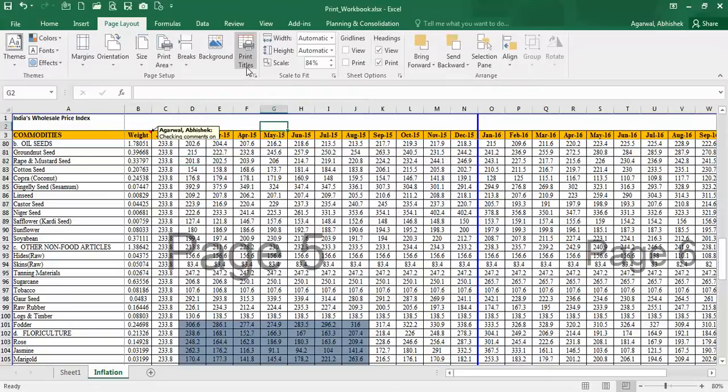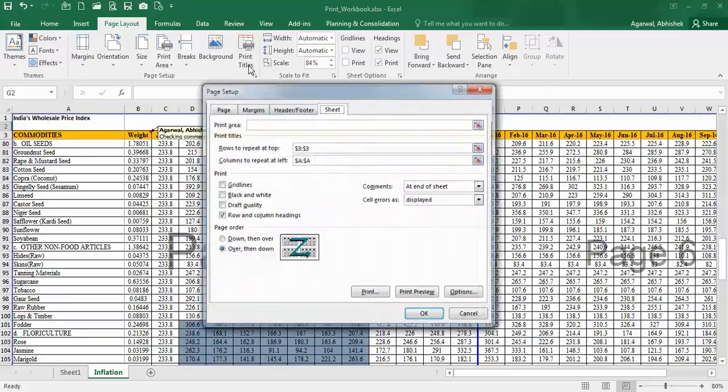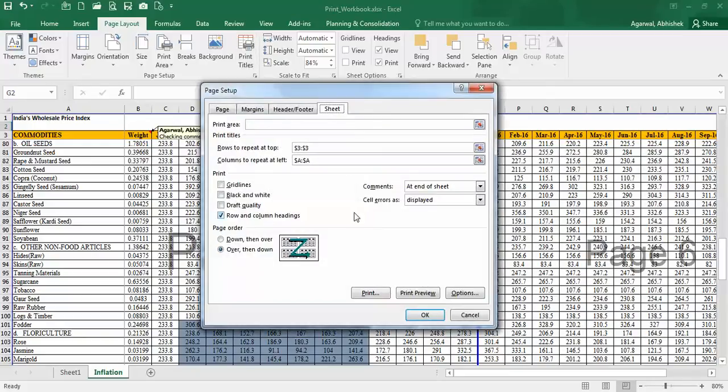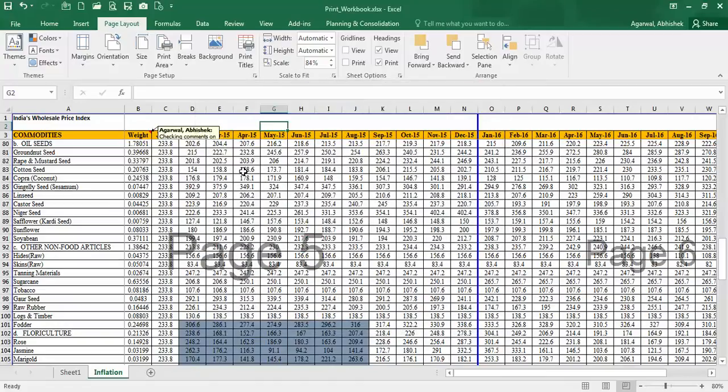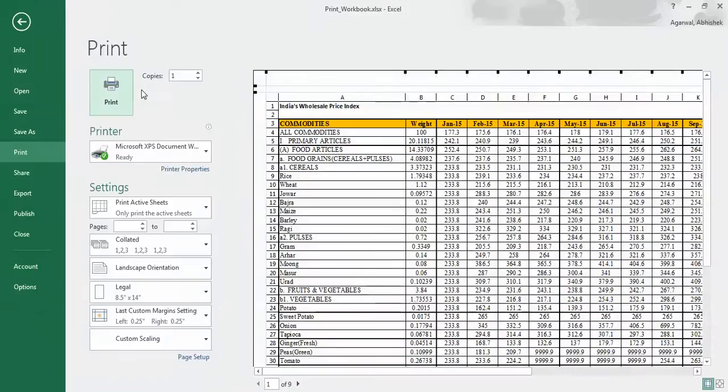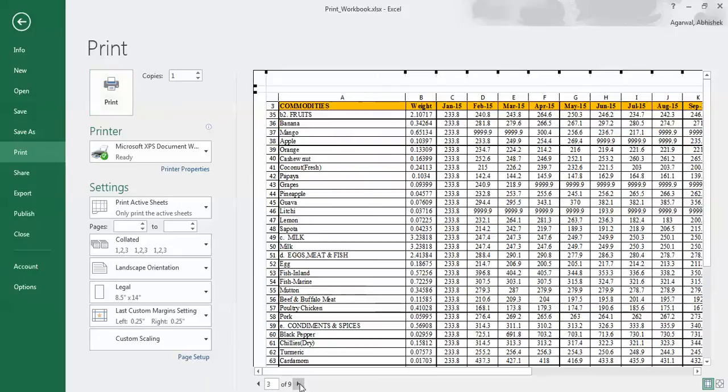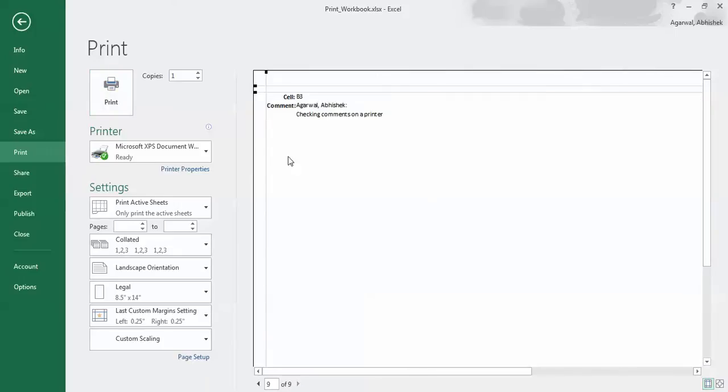These comments are helpful if you want to tell the reader of the report something important. So now you can see the importance of row and column headings with comments. Since you have put in these row and column headings, everybody will know what B3 denotes. So B3 is weight, and